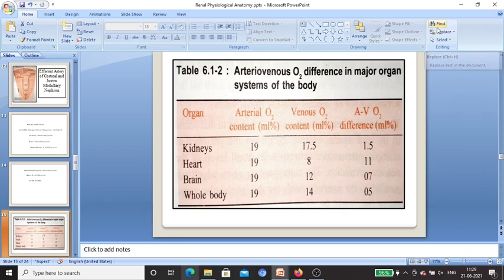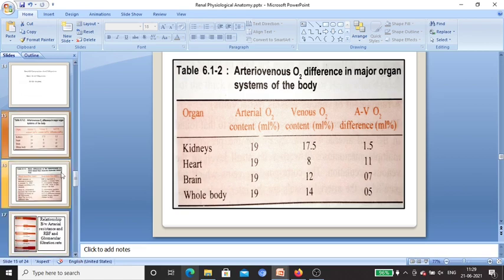While in other organs, if the blood flow requirement of the organ is increased, then blood flow to the organ will increase, and then oxygen consumption of the organ will increase. But here the oxygen consumption of the kidney does not depend on the metabolic activity of the kidney. It actually depends on the renal blood flow. If renal blood flow is increased, then oxygen consumption in the kidney will increase. So here the perfusion responds in a different way in the kidney than in other organs.